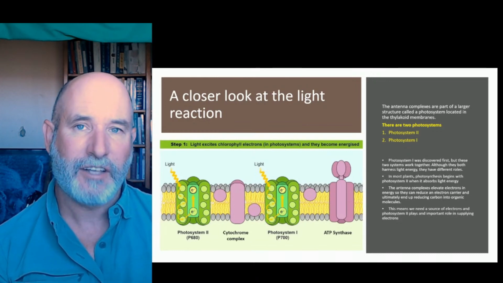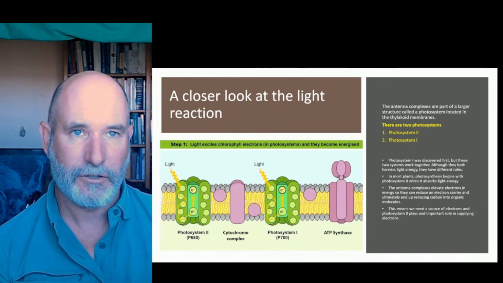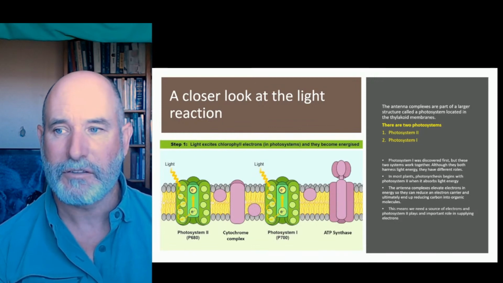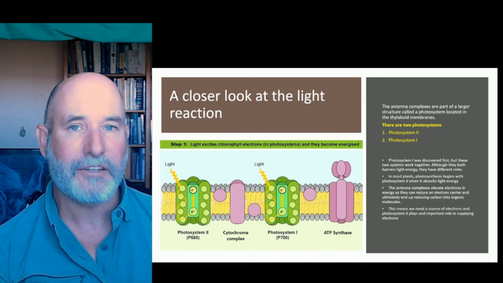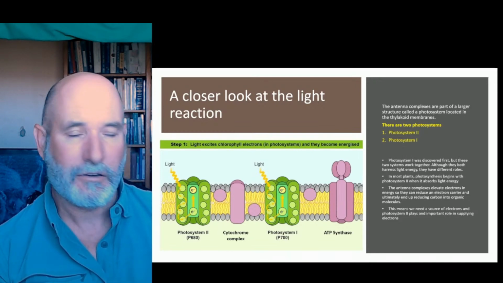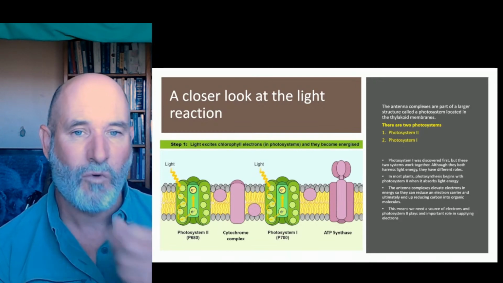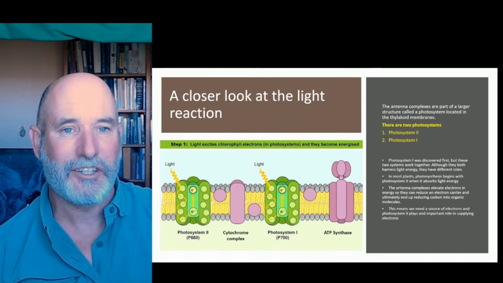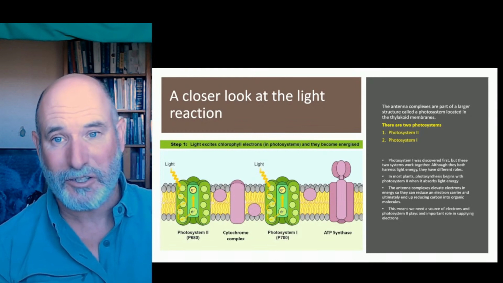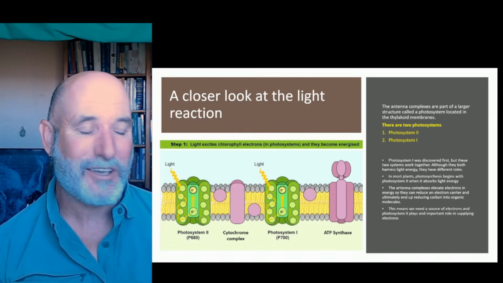So pheophytin takes the electron from photosystem 2 to another carrier called plastocyanin, and we'll take it through the cytochrome complex, and then the other electron carrier will take it to photosystem 1. So basically these electrons get elevated energy, go through an electron transport chain, and the cytochrome complex is